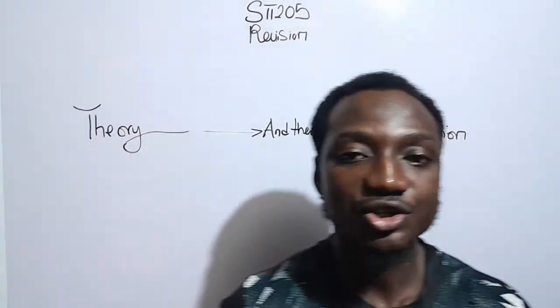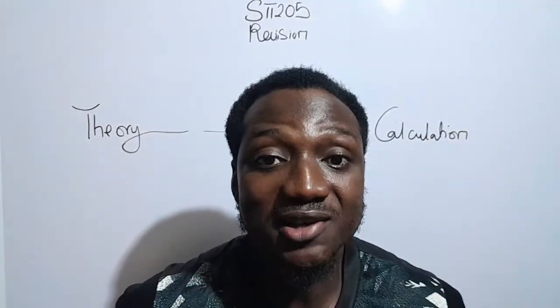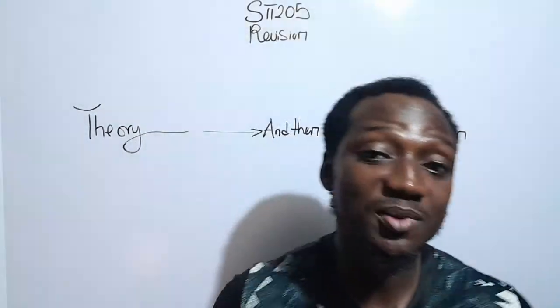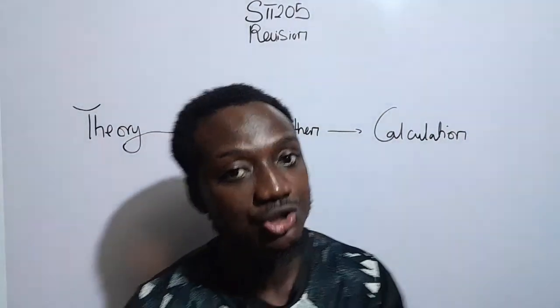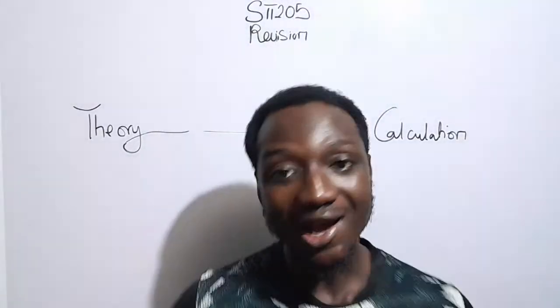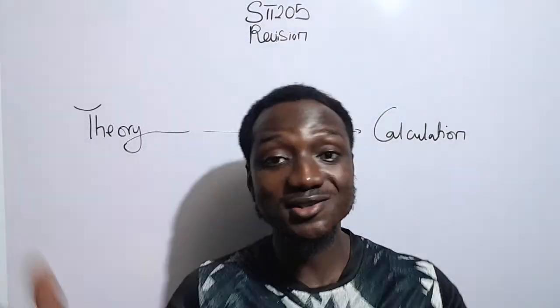Okay, so as I was saying, we are taking the course Statistics 205, and this is how things are being done. Some objective questions are written on the whiteboard, and students are expected to provide answers to these questions. For those of us who haven't gotten the keynotes, calculation has a keynote and theory has a keynote. There are two sides.